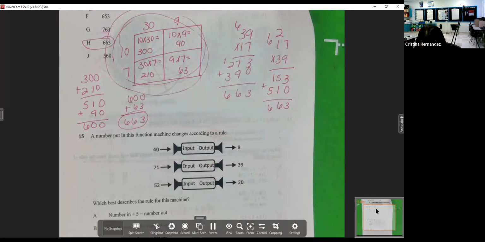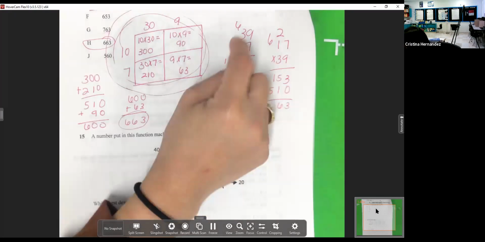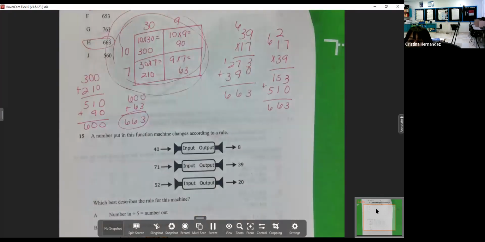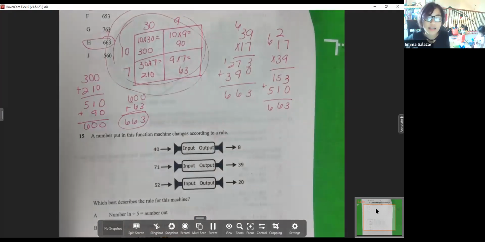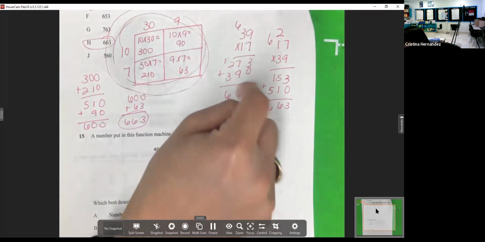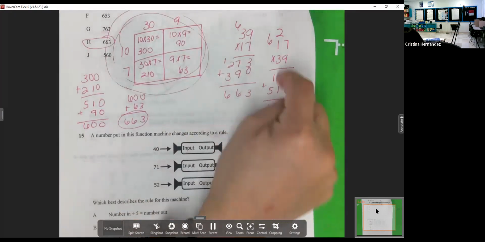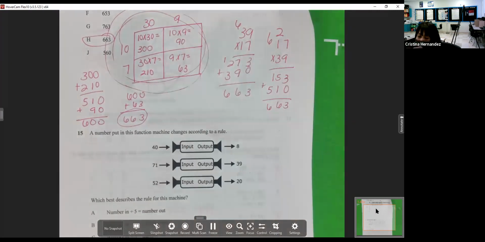I'm still confused. On what? Because 7 times 3 is 21. Is that where you're at? On the second one you did with the 17 on top. Okay, so 21. What you do here, Emma, is you put your 1 down here and you carry your 2, because you still have 1 more to multiply.